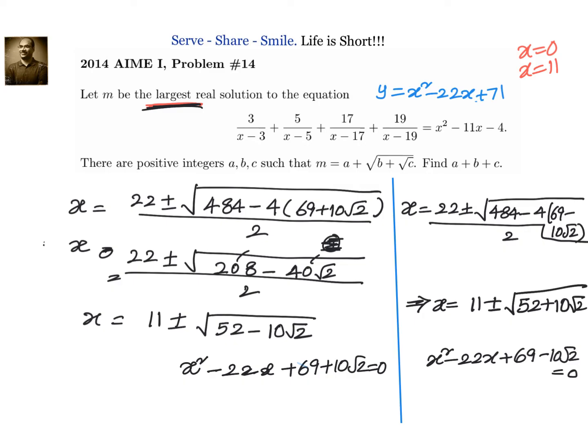Now out of these solutions, which one is the largest real solution? Let's try to understand. Here we have plus and minus. Obviously the plus one is the bigger solution because inside the root will always be a positive value, and it is 52 minus something here and 52 plus something here. So the largest real solution out of these four will be coming from here, that is 11